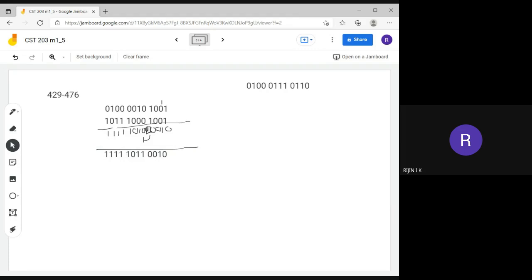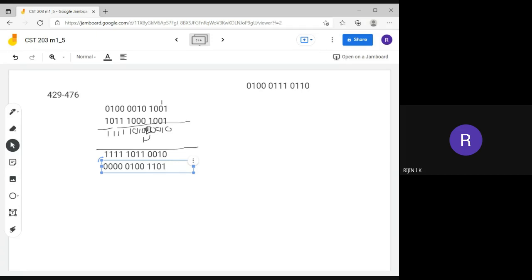Here in this final result there is no carry generated, so we need to transfer this intermediate result into the corresponding ones complement form. So what is the corresponding ones complement form? Here, for 1 it is 0, 0, 0, 0. Then for 1 it is 0, for 0 it is 1, then 0, 0. Then 0, 0, 1, 0 means you can write 1, 1, 0, 1.